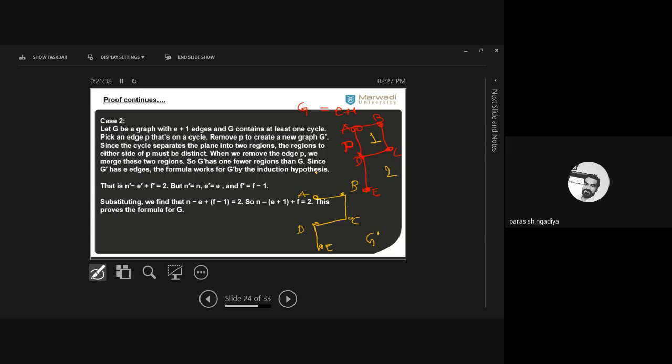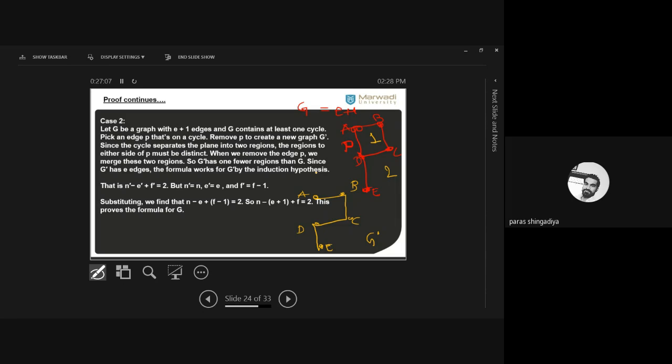And here, the number of edges also will be the same after removing the P. The quantity was E plus 1, and you removed one from it. So now how many edges will the graph contain? E quantity. Both have the same number of edges, because we deleted one here and we deleted one there. Then we get G dash. Both graphs have the same number of edges and the same number of vertices. We did not delete any vertex.